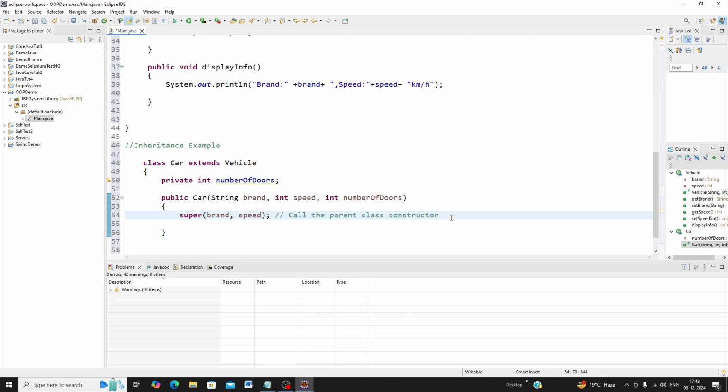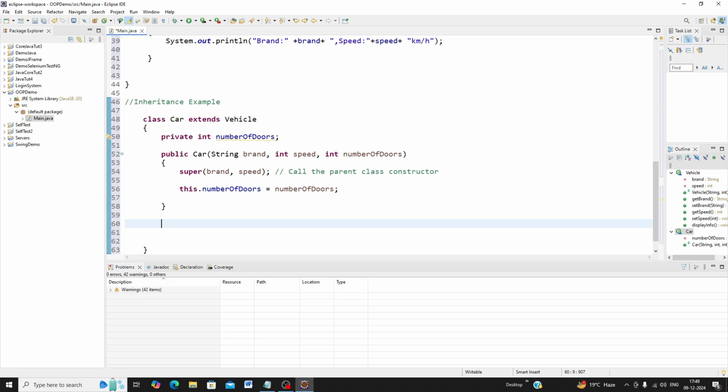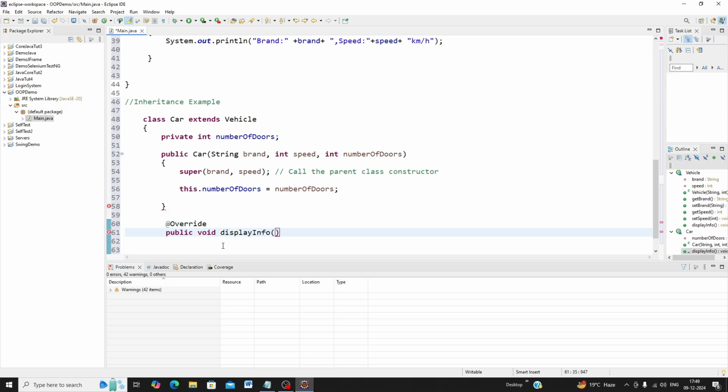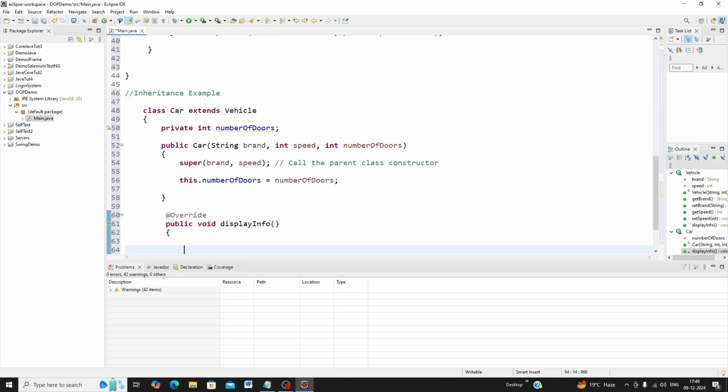Okay, and next I'll write this.numberOfDoors is equal to numberOfDoors. So here you write this.numberOfDoors is equal to numberOfDoors. Now here I am going to use overriding. Here I am going to write @Override, and next I write public void displayInfo. Inside the curly bracket I will write